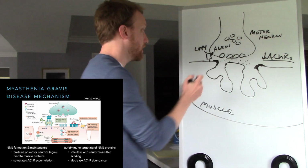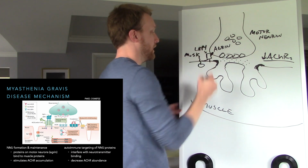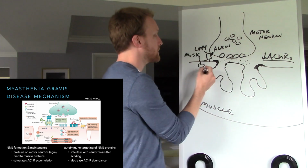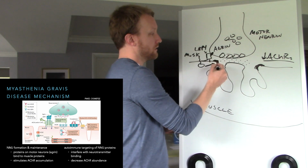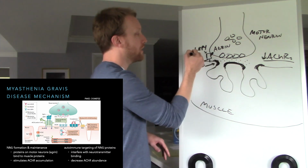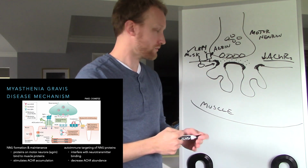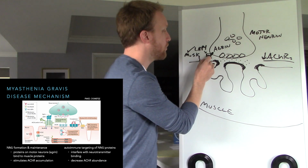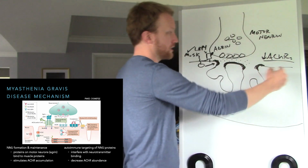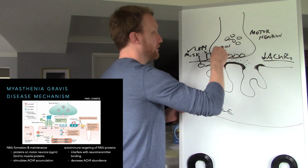LRP4 is going to then stimulate muscle-specific kinase, or MuSK. This is a kinase that's specific to muscles, as the name suggests. And what MuSK does is stimulate the clustering of acetylcholine receptors at the neuromuscular junction. So only when MuSK is on do we put acetylcholine receptors at the neuromuscular junction. MuSK is only turned on when LRP4 binds to agrin. So we have to have a motor neuron there if we're going to go through the trouble of putting in our acetylcholine receptors. Autoimmune targeting of any of these 4 players here